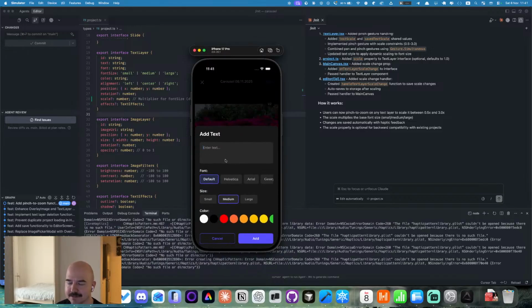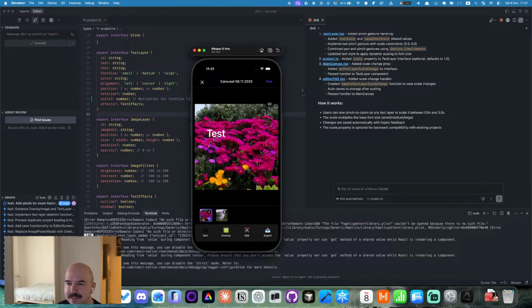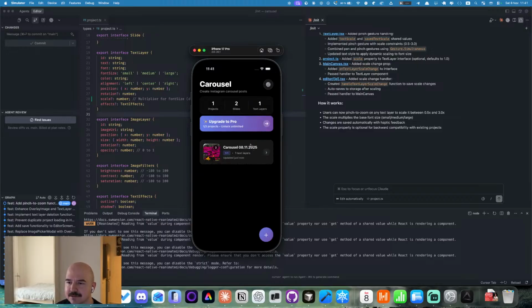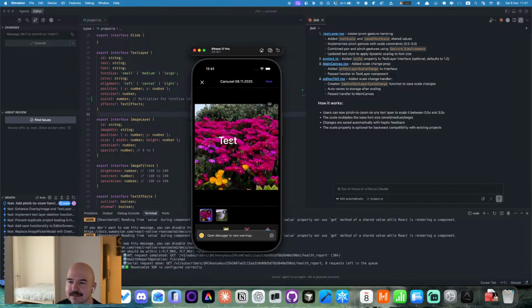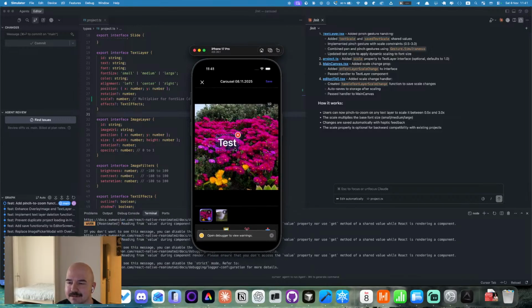So anyway, let's test this thing. Let's add something like test. And nothing's happening. Pinch to zoom, but I cannot do this. Maybe I need to reload. No. Maybe I need to just add some handles for the mouse.